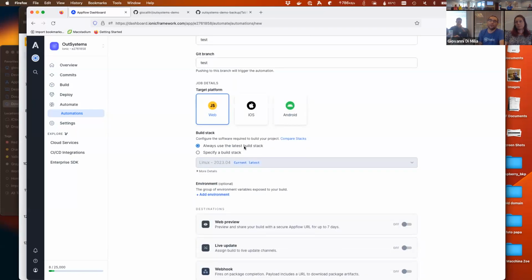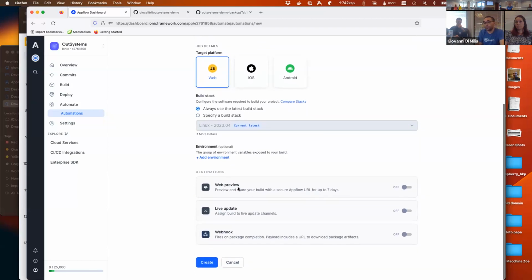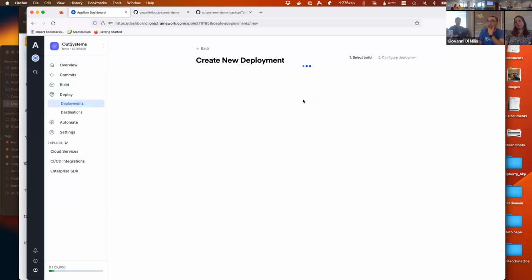Maybe this is reasonable because you want to see, when we upgrade the latest build stack, maybe your app will break, and you want to know. Then you can also do web previews and assign it automatically to live updates, that is the over-the-air deployments, and also specify a custom webhook that we will call with our data to say we are done with this build.